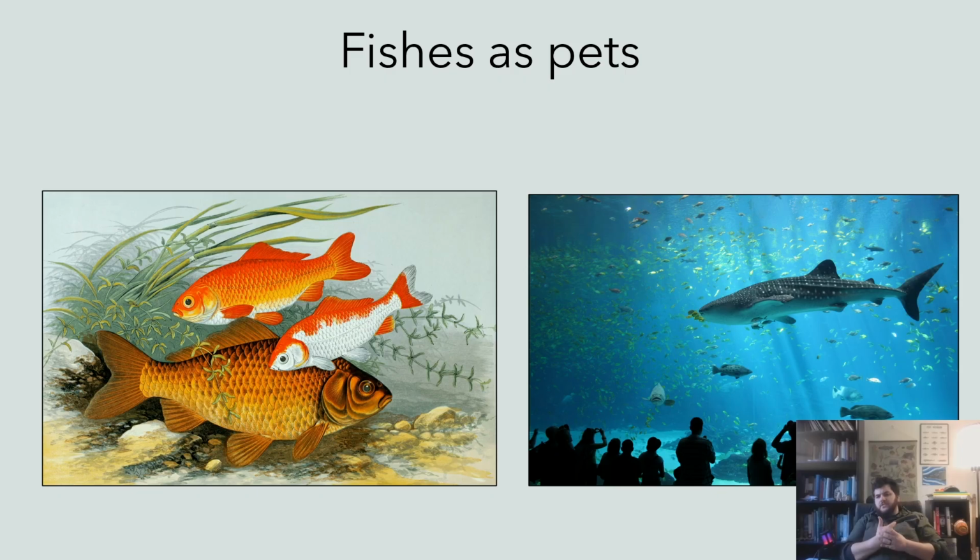scientific literature of fishes, but there is an enormous amount of information, particularly on the growth and disease and behavior of fishes that comes from amateur or hobbyist aquarists, I think is what they call themselves, right? I actually do not keep fish because I have a pet cat, but we're going to talk a lot about information that comes from people who keep fishes. And some of the most important work in fish history has been done by people who keep fishes for fun rather than people who are professional scientists, if you will.